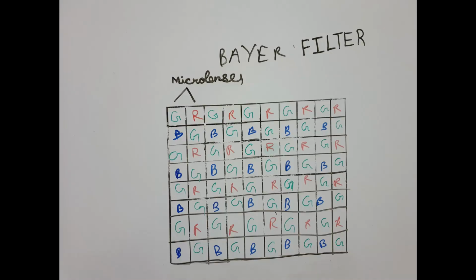The photo sensors on which this data is being put are actually made of pixels, and they are divided like green, red, blue, green. 25% are allocated to blue and red sensors each, and 50% is allocated to green sensors. Now talking about CMOS sensors.